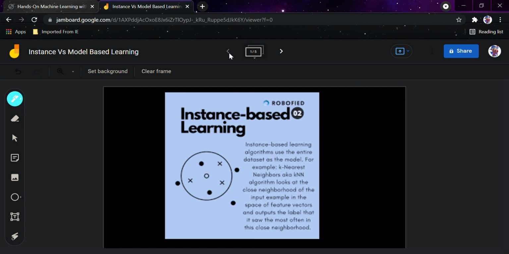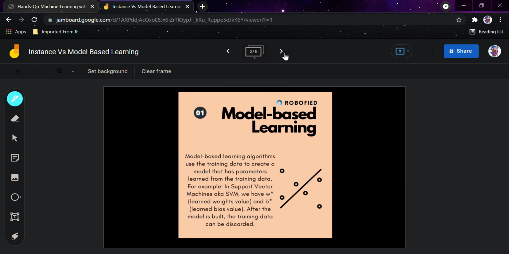And you must have seen there is a very huge difference between both the learnings, instance based learning and model based learning. So I would just wrap it up by repeating the definitions. In instance based learning, the system learns the examples by heart, then generalizes to new cases by comparing them to the learned examples. And in model based learning, this is just another way of generalizing from a set of examples: build a model of these examples, then use that model to make predictions. So I hope you have got an idea what instance based learning and model based learning are.